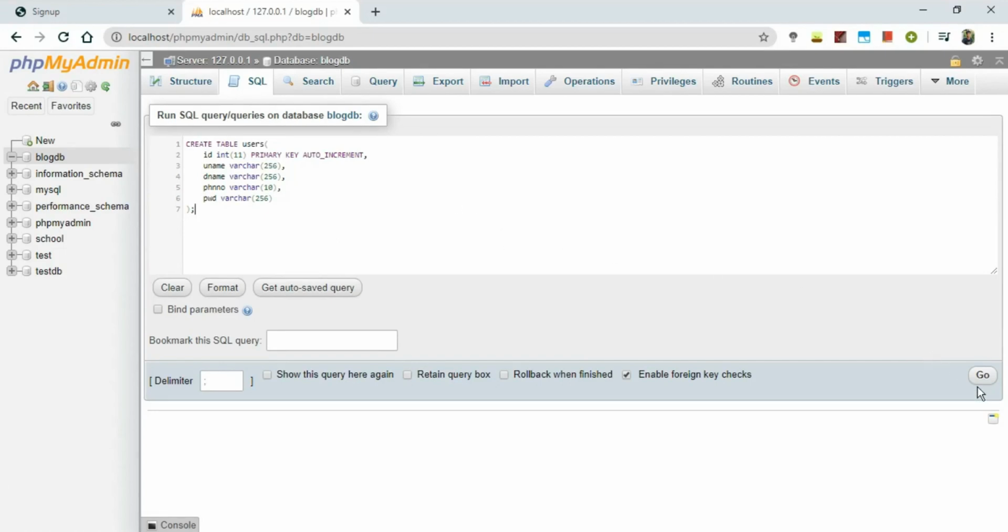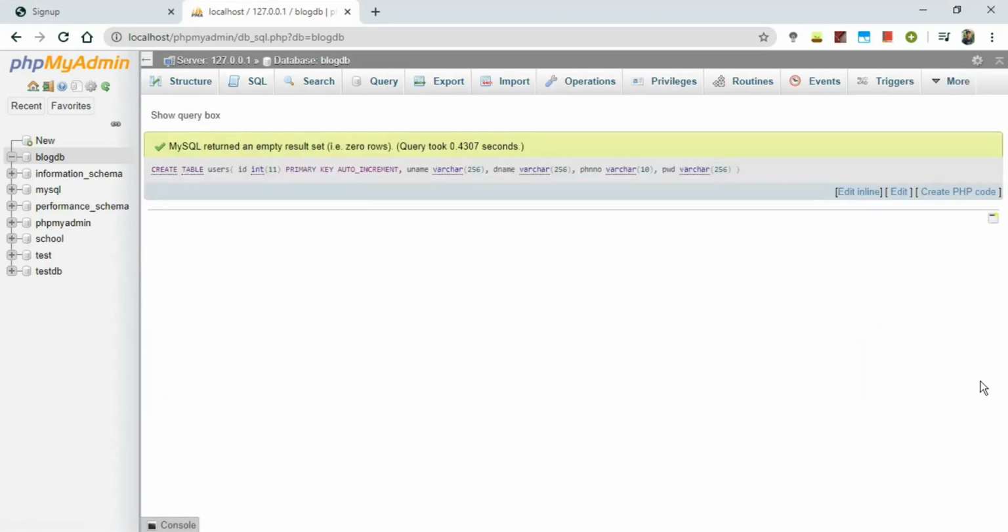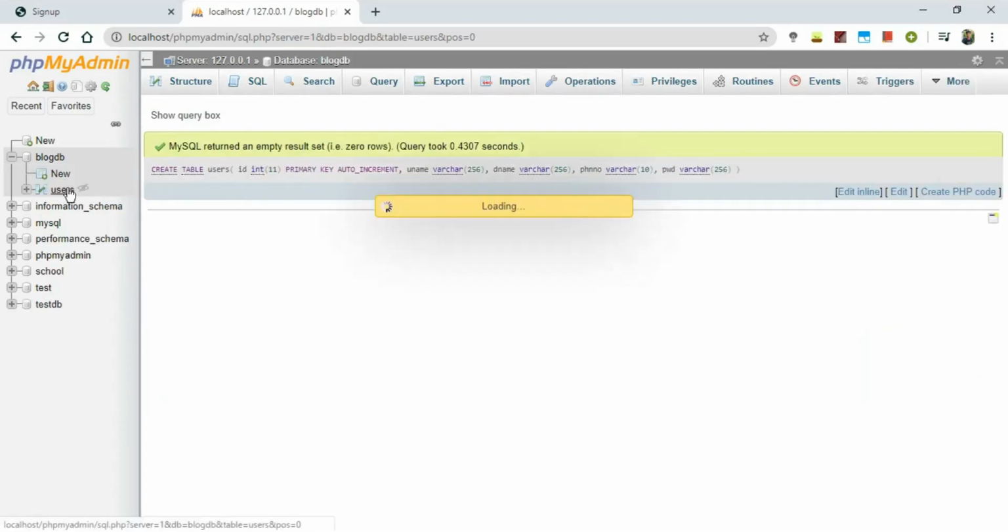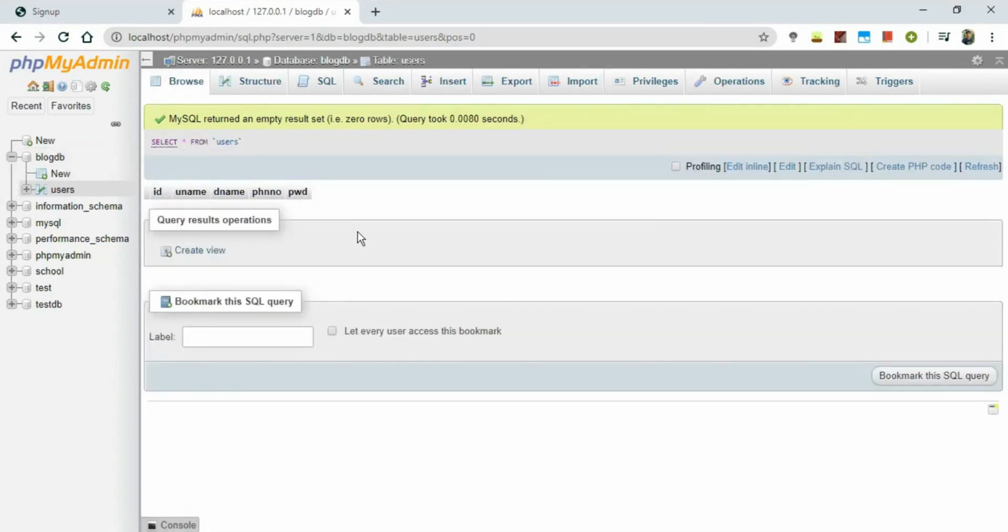As you can see in the video, it might be familiar for you from day 3 in MySQL. Click the Go button to create the table. Now our table is created with 5 columns: ID, username, dname, phone number and password. Let's go back to our PHP code.